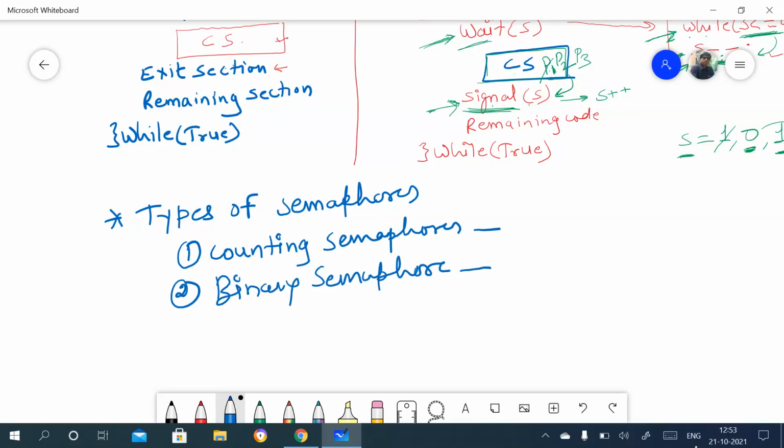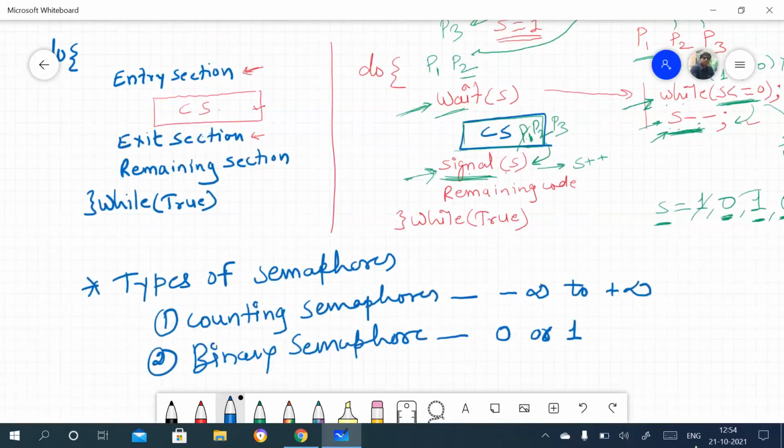The difference is that in counting semaphore, the value of the variable varies from minus infinity to plus infinity, and in binary semaphore, the value is either 0 or 1.